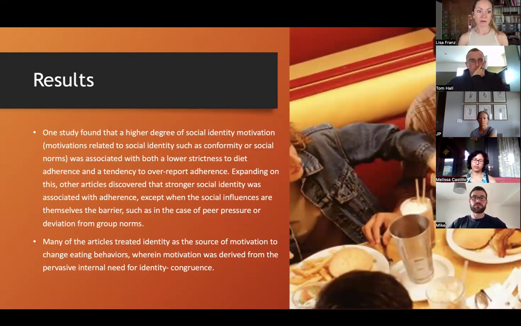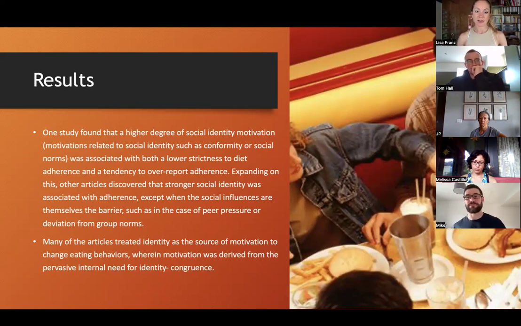Expanding on this, other articles discovered that stronger social identity was associated with adherence, except when the social influences are themselves the barrier, such as in the case of peer pressure or deviation from group norms. So I think, because that is obviously conflicting in statement, what that's simply saying is that the group in which you are is either helpful or an obstacle when it comes to eating behavior or adherence,